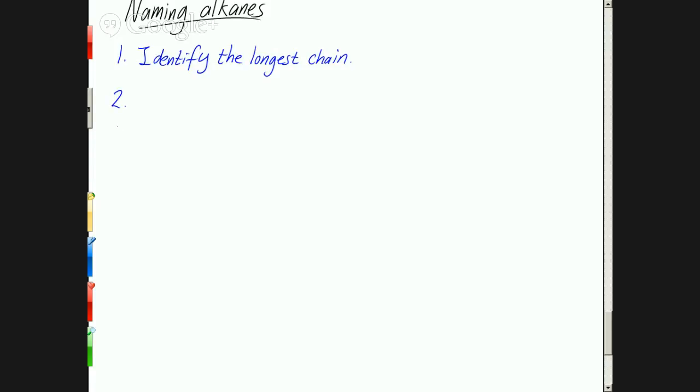Then what did we do? Yeah, we determined, I guess that I consider that part of identifying the longest chain. Then we found the substituents, or the things hanging off, after we figured the longest chain part. So we found the longest chain. We found the substituents. So then